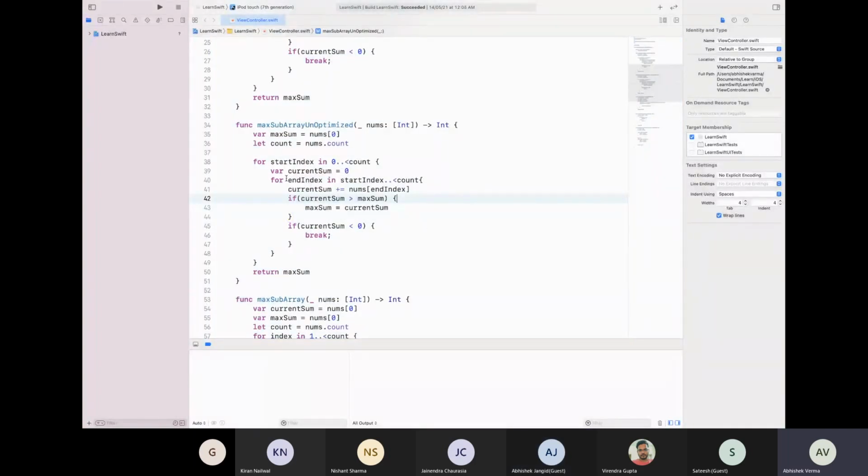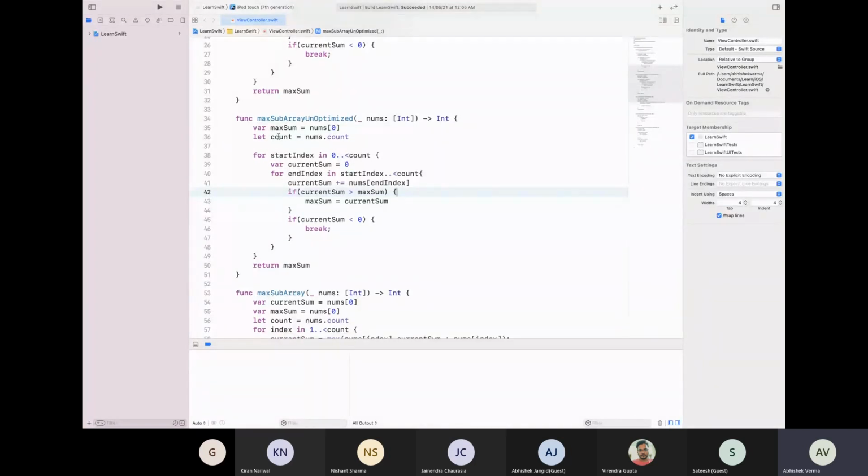Okay, so here we have written max subarray unoptimized solution, meaning this is not the best solution we can think of, but we have used two for loops. One with start index, where we are iterating from 0 to the last position of the array, and the end index is initialized from the start index till the end. Now here we are calculating the current sum.